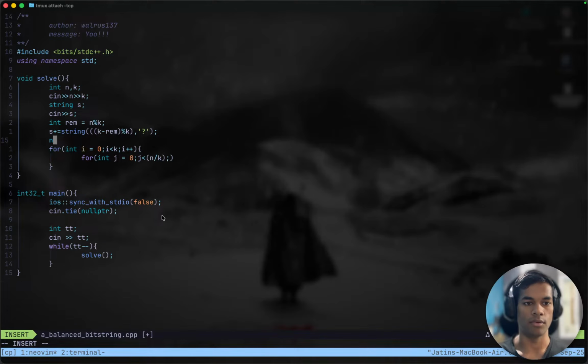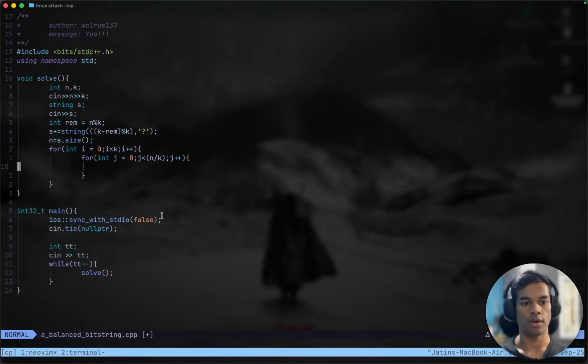We can here do n plus something so that n equals s dot size. That is cool. Now n is completely divisible by k, and here j plus plus,